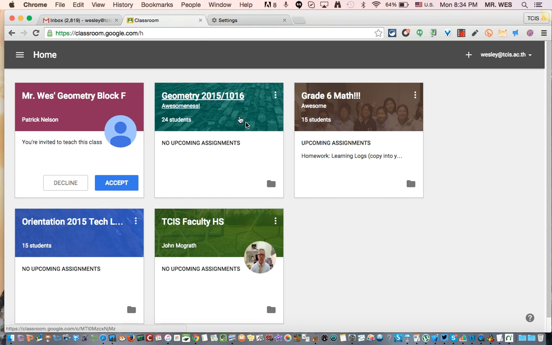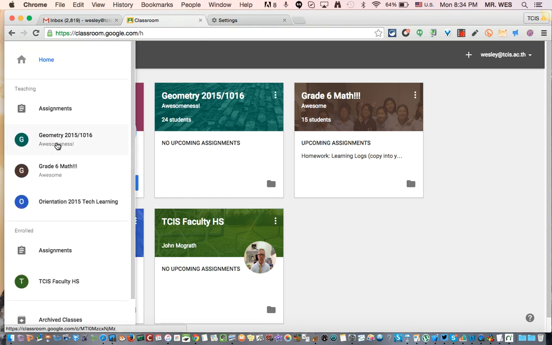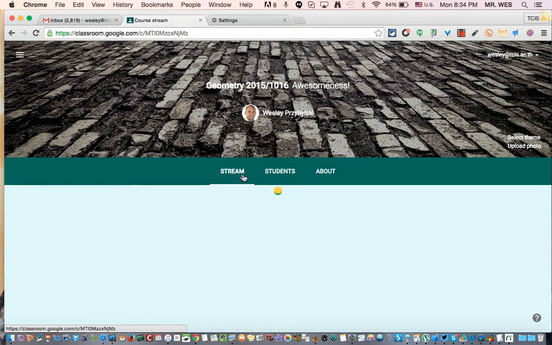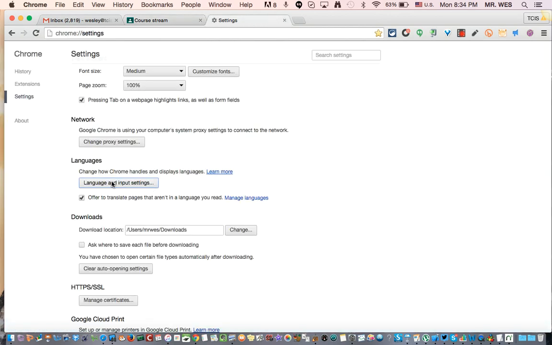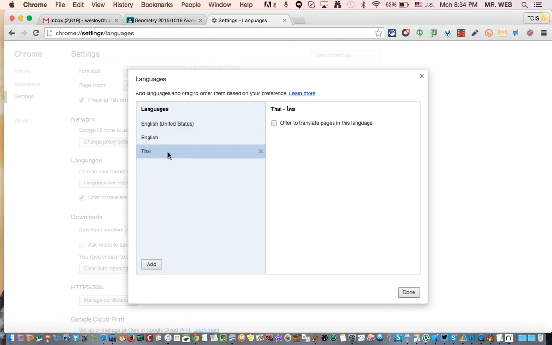This isn't translated. And what's great is that it's actually translating correctly, and you can see that these are all in English. Just because in settings, in languages, I put Thai as the second or third option. So then it reads that and says, oh, let's do English first before we do Thai for some reason.